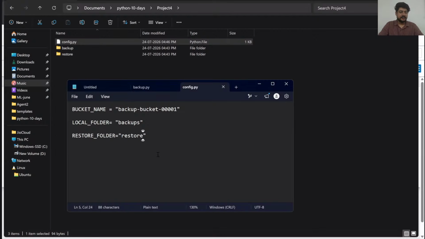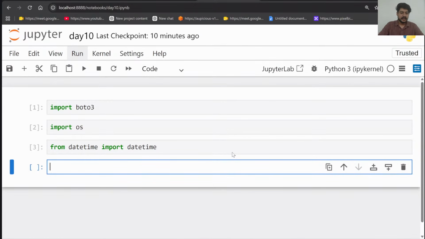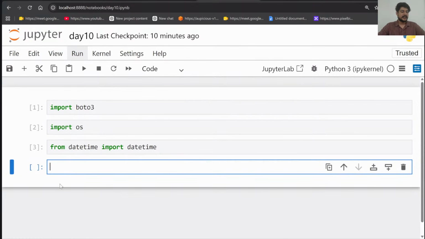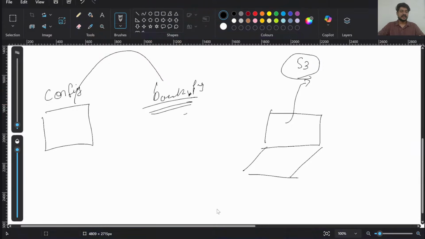So three different variables with three different values I have created over here. Just a way I'm creating, a different way of writing. We can create it in any way, right? And now this config file, I want to import it also, guys. So I want all this configuration which is stored in my second, different file called the config file. So whatever variables we have created in the config file, we need to take all those values into the backup, maybe in the backup.py file or in some other file, we need to import them. So in this case we can import it also.